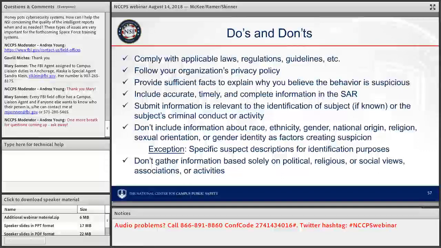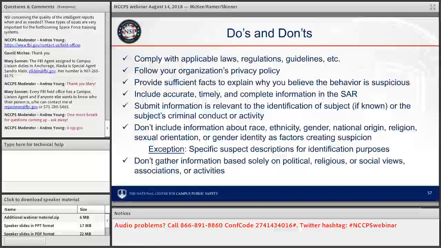These materials cover operational matters. They cover various types of technology and policy guidance, templates, and best practices. So for this website, you can access it at https://it.ojp.gov. And the other website I would refer you to